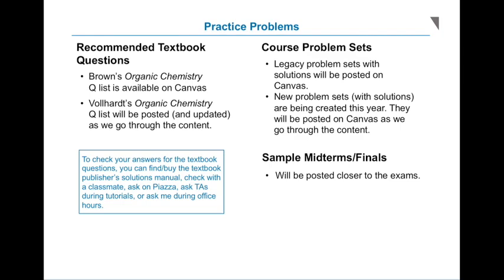That's stuff from those textbooks. Legacy problem sets are now up on Canvas. So this is every problem set from 213 from the last 2 years previous. Now again, asterisks. These correspond to chapter numbers from the original Brown book. So some of the chapter naming is different, but the content is the same.